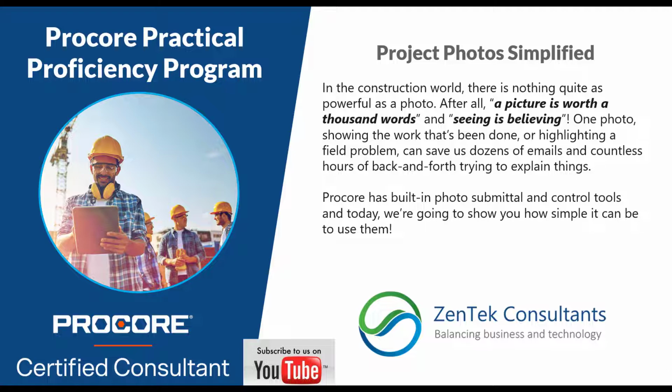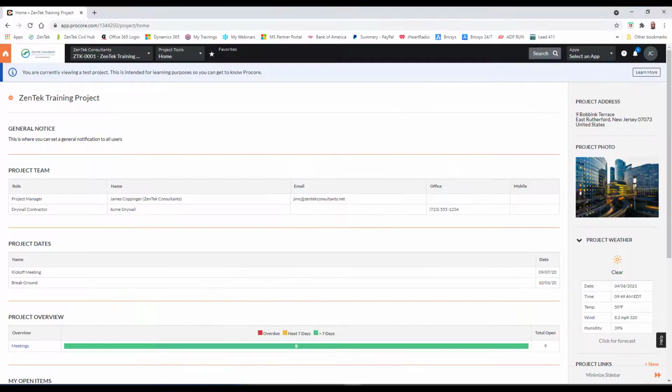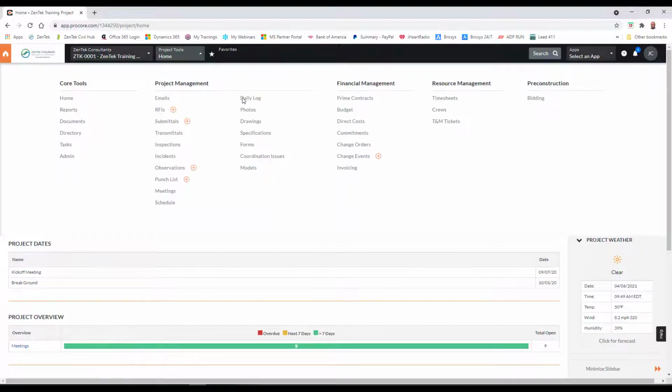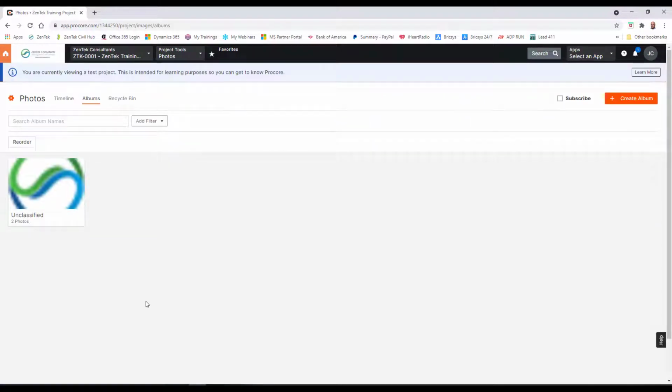So what I want to show you guys today, I'm going to jump over to Procore. All right, and you see I'm just in the standard ZenTech project that I've been using for all of these presentations. The first thing I'm going to do is go to my photos section under the project tools, the photos for this particular job. And you see that what you get under each project, by default, you start off with just an